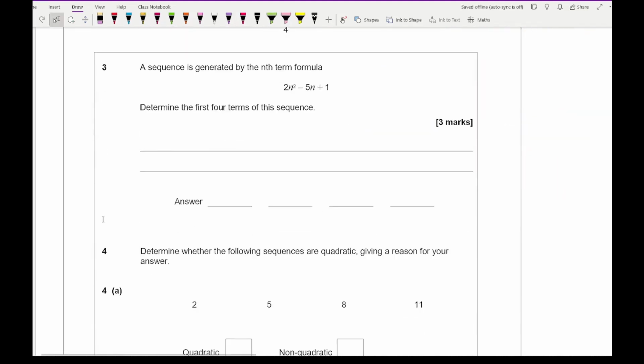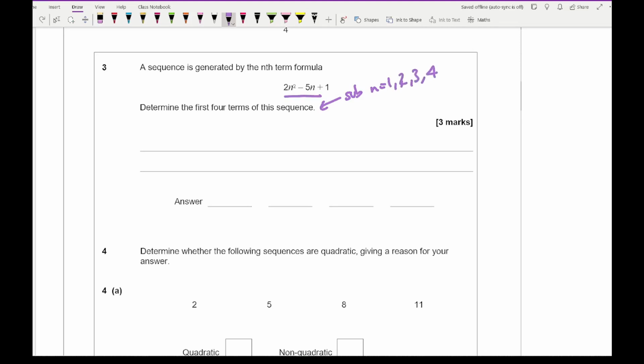Then moving on to question 3, it says that a sequence is generated by the nth term of 2n squared minus 5n plus 1. It says determine the first 4 terms of this sequence. So for this, what I need to do is substitute n equals 1, 2, 3 and 4